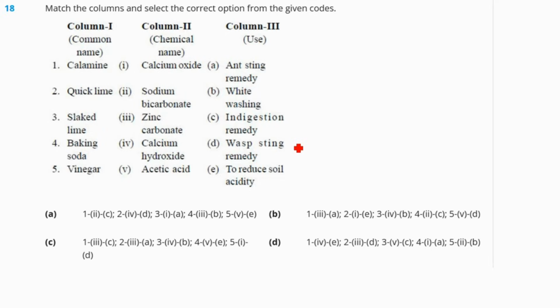Calamine is zinc carbonate, and the use is sting remedy. Quicklime is calcium oxide, and calcium oxide is used to reduce the acidity of the soil. Slaked lime is calcium hydroxide and it is used in whitewashing. Baking soda, we all know that baking soda is sodium bicarbonate,